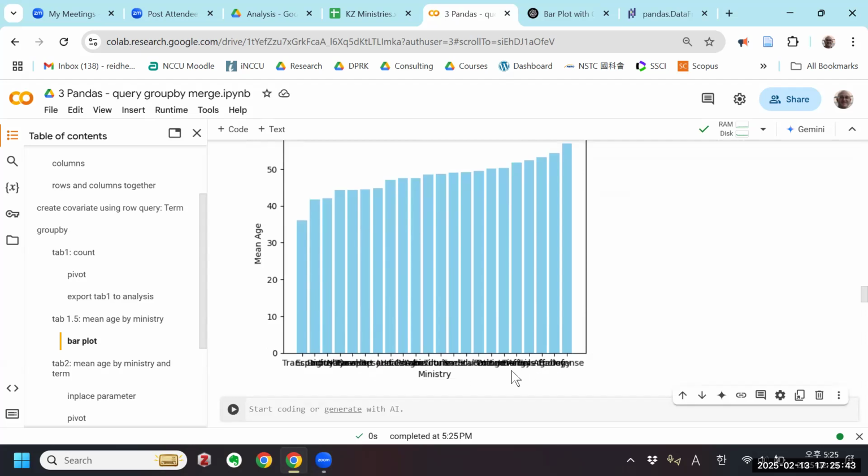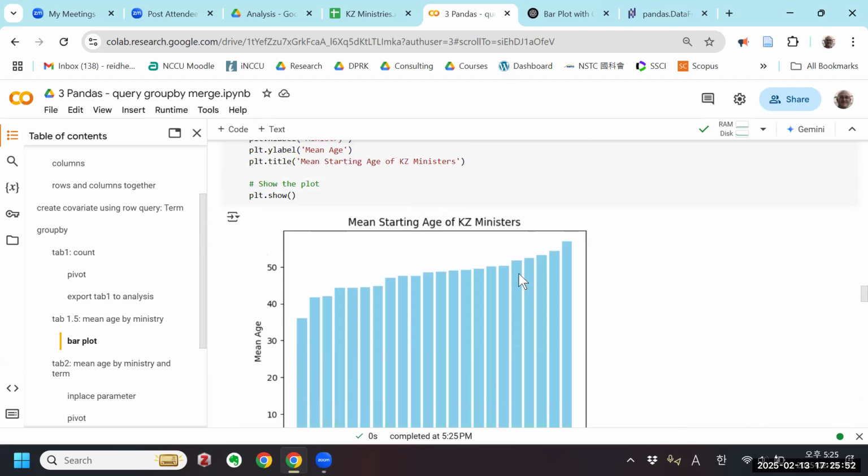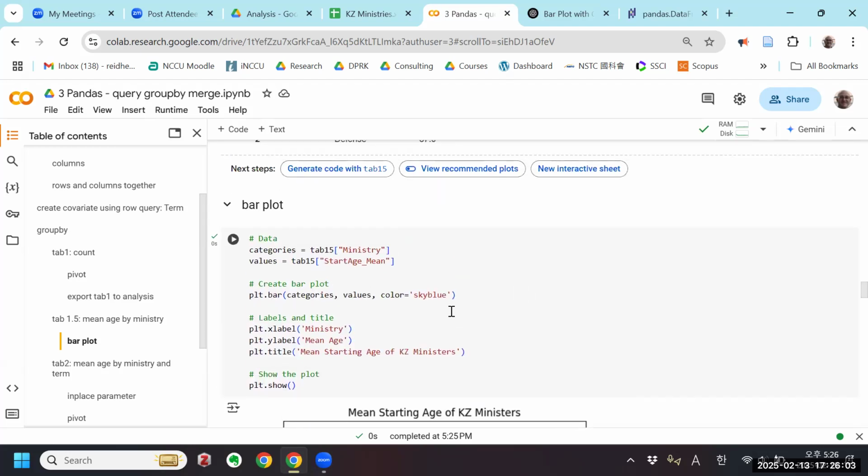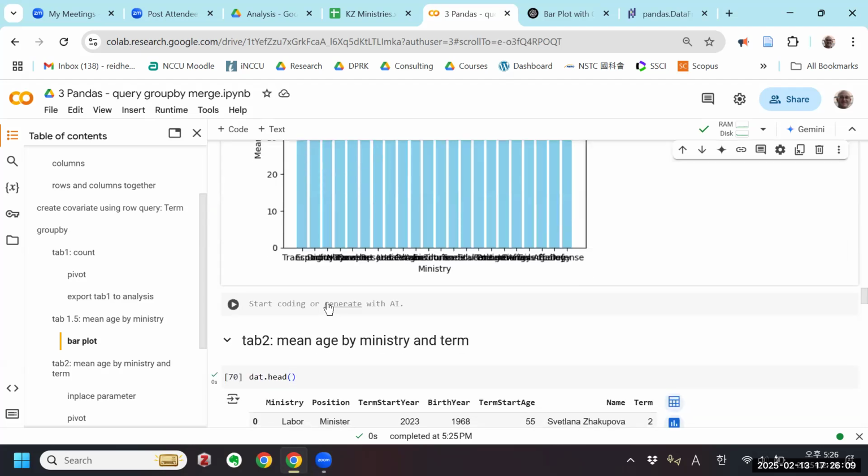what can we do about these messy labels down here? Any thoughts? It's a lot of ministries, right? So okay, so that's one. Yeah, we could do it. Like we could do that. You know what? But I think in this case, even if you do that, I still think they're going to be overlapping